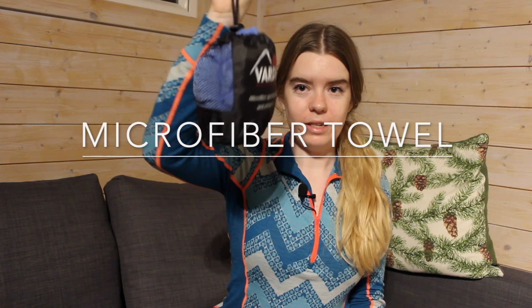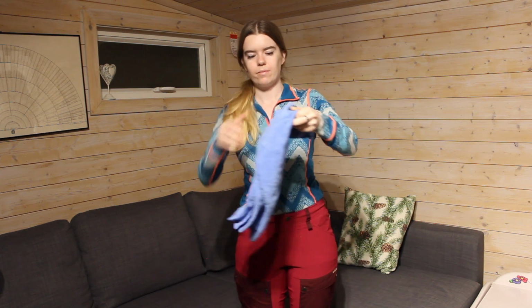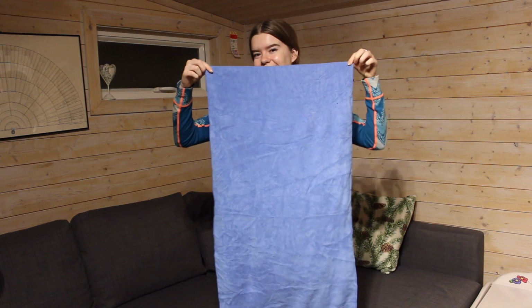Next is my towel that I use. This is a microfiber towel that is great for backpacking and for hiking, day hiking if you want. I used this on my trip to Lofoten when I was backpacking for a week, and I used this sucker every day because I was camping at a camping place and took showers there, and this was so good because I would take a shower and then I would hang up this microfiber inside the tent, and then it was